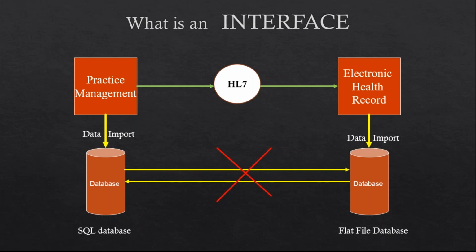For example, in this slide, the PM system has a SQL database and the HR system has a flat file database. However, the integration engineer now has HL7 as a common medium of communication, so they don't need to understand the architecture of the other site's database at all. The integration engineer on the PM side will extract data from PM and send it in the form of HL7 through an interface, which is a bridge, kind of a tunnel.